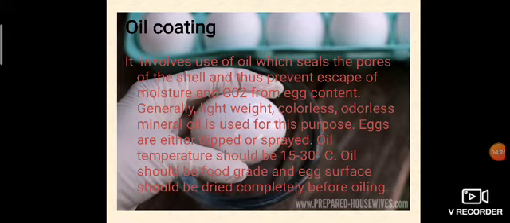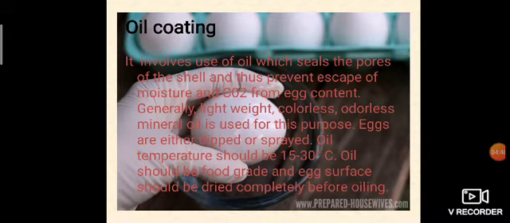Then oil coating. It involves the use of oil which seals the pores of the shell and thus prevents escape of moisture and CO2 from the egg content. Generally, lightweight, colorless, odorless mineral oil is used for this purpose, and eggs are either